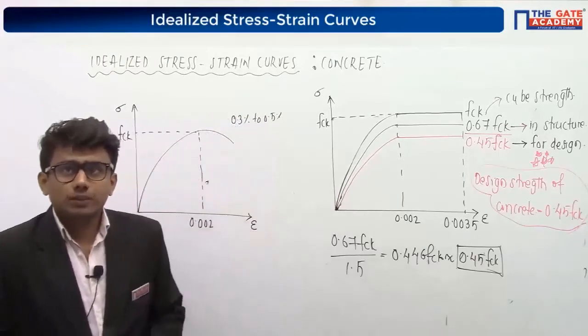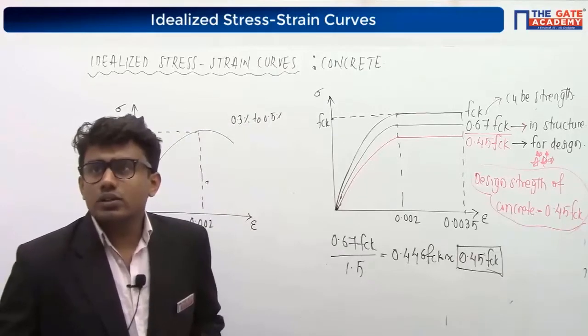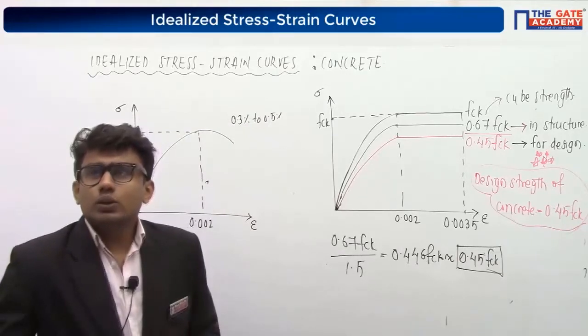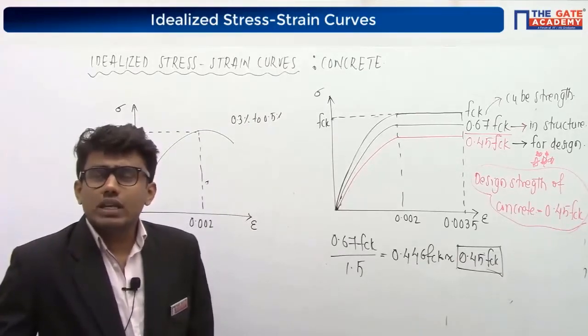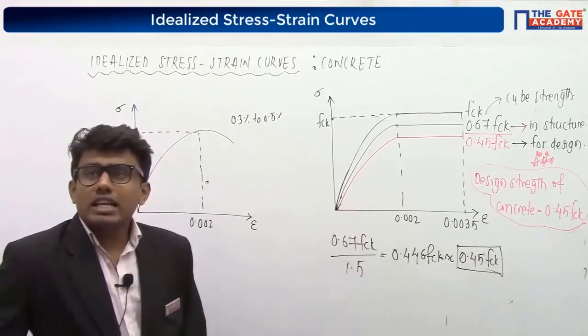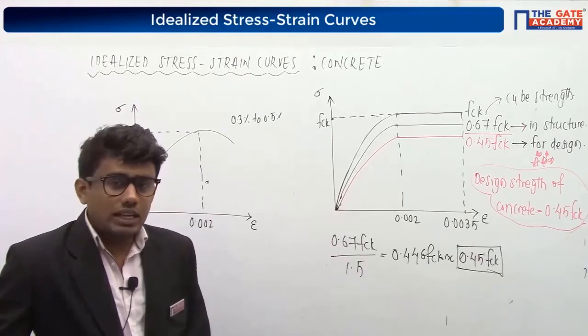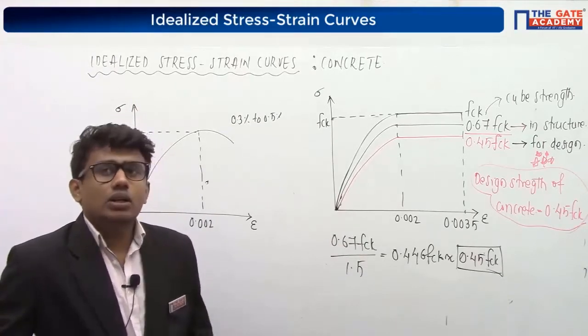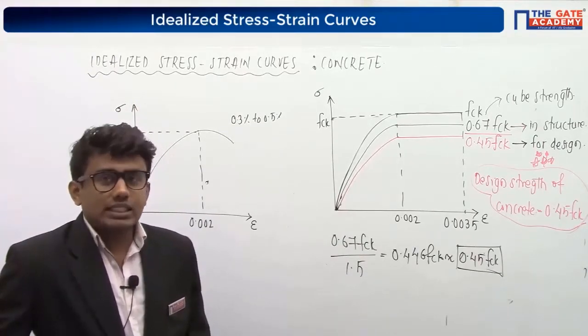Please note it down. Srikanth was asking a doubt. Rudhraj, we are not overestimating the stress, actually we will underestimate the stress. That's what we have done now. Maximum strain is 0.0035, Srikanth, and that's actually an assumption. We will discuss it now. As per that assumption, we have to consider the strength value like this.